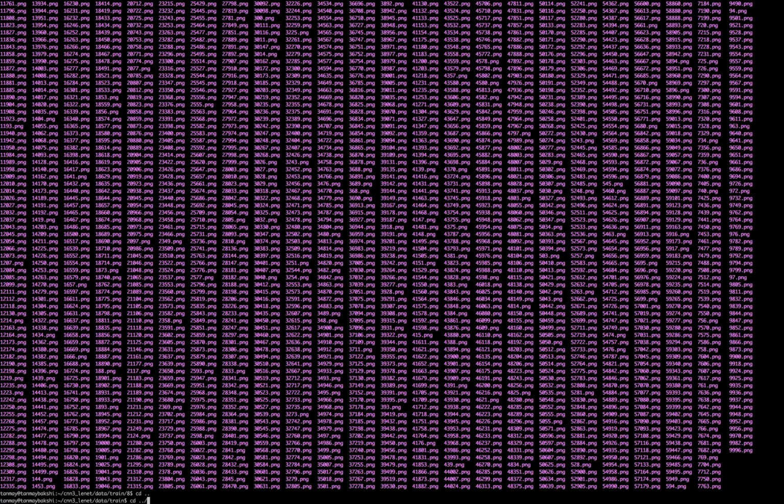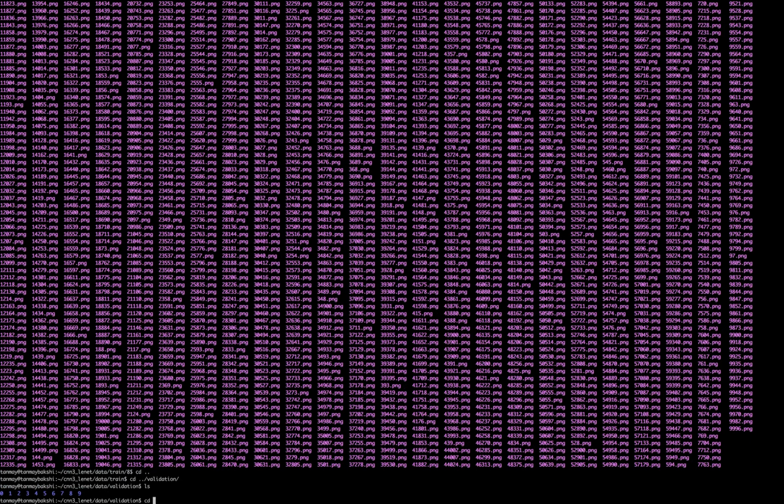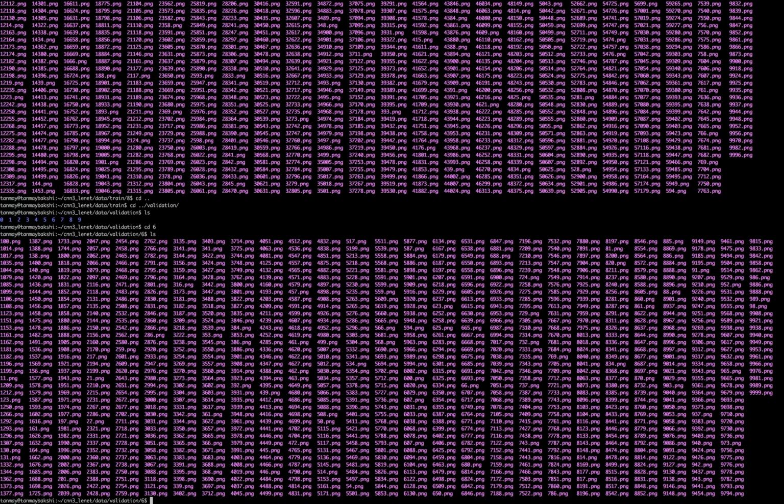But then again, we can go over to our validation set or our testing set. And again, here as well, we've got 10 directories, and we can go into one of them like 6. And here we've got only 1,000 of those images, but still more than enough to test with for now. And so from here, we should be able to actually train our convolutional neural network and then actually use it